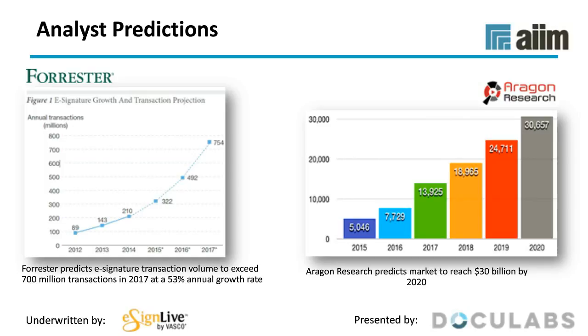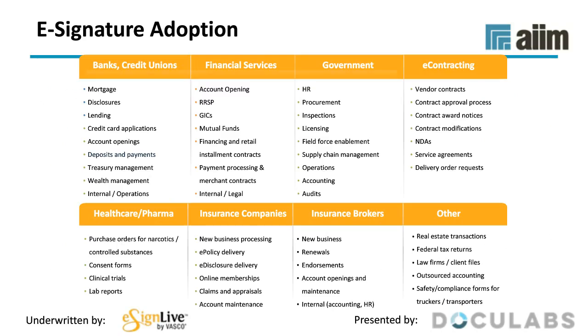So let's talk adoption. As you can imagine, e-signatures are being used by organizations across all industries on any type of document that requires a signature. And here for you, I've shared the most common application areas, what we call use cases, where e-signatures are being used. So if you look at banks, insurance companies, and other financial service providers, many have moved their customer onboarding online. So what does that mean?